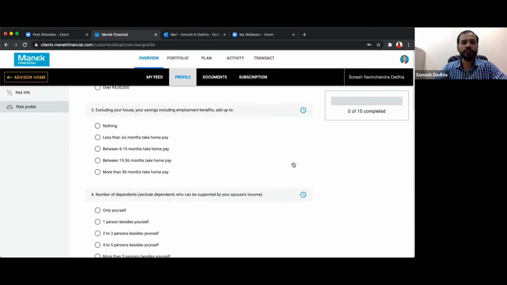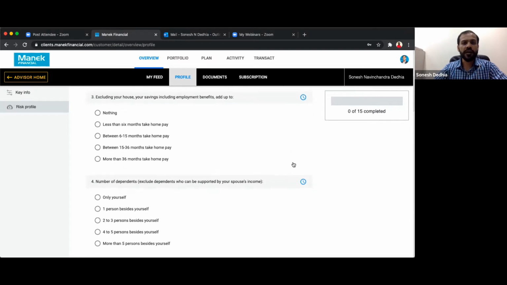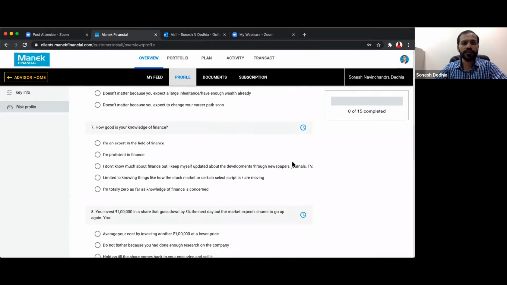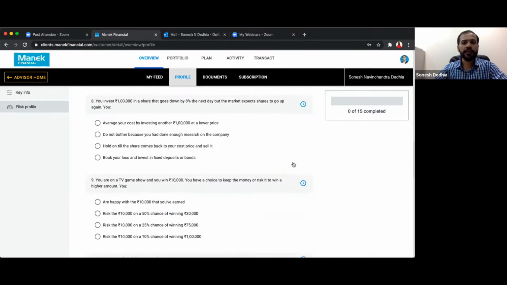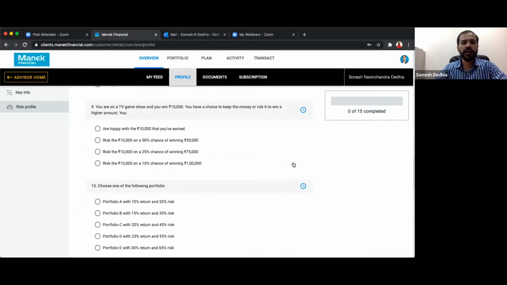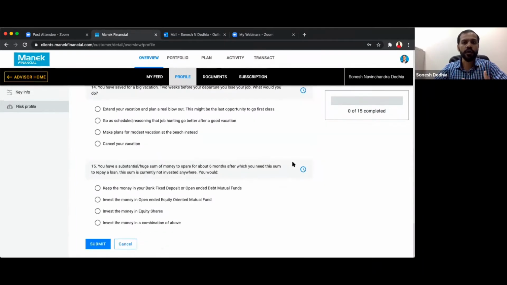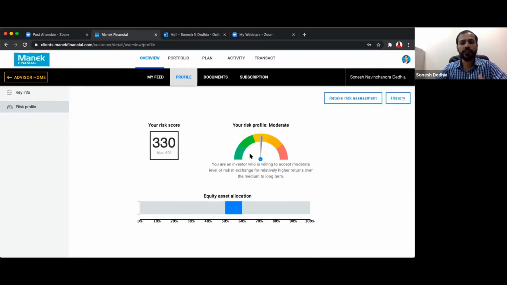The answers follow a matrix that gives a score, so once the client submits the questionnaire, the system generates a score based on that matrix.